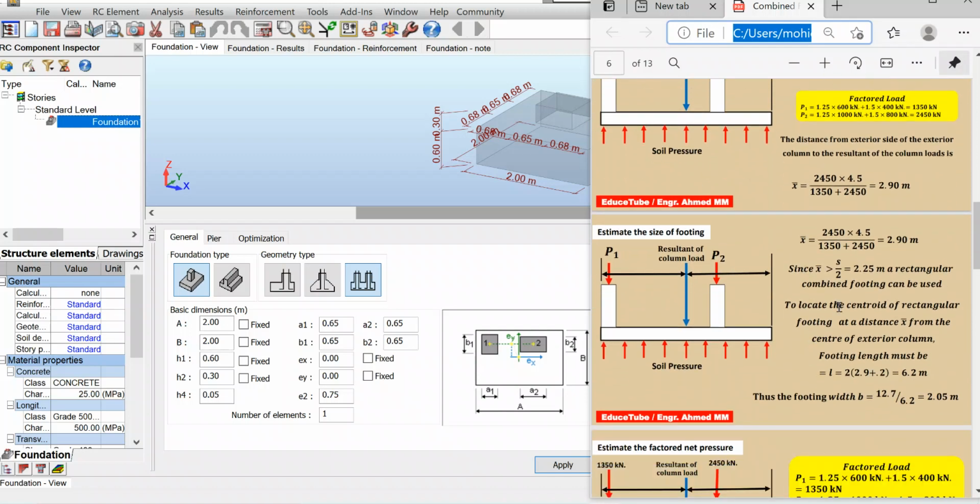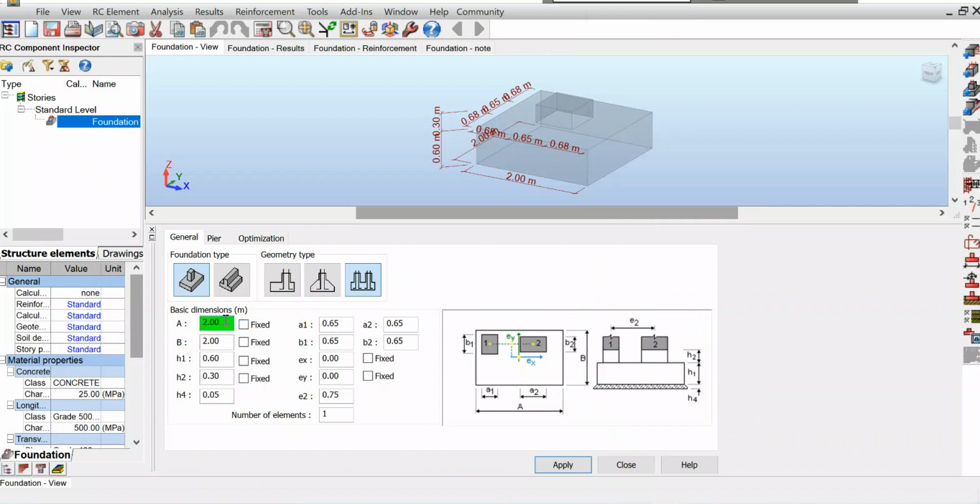We can say approximately, here it is 6.2. So let's take say 7 meters because the software will change it. And width, say I put dimension say 3